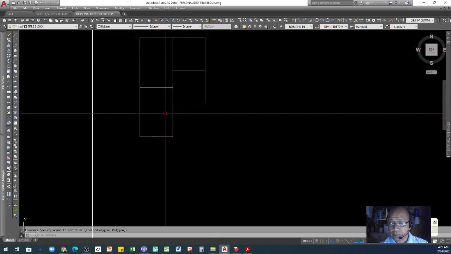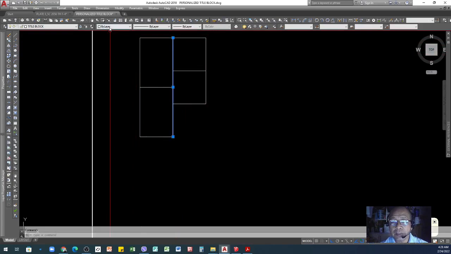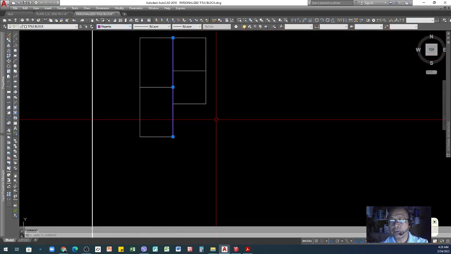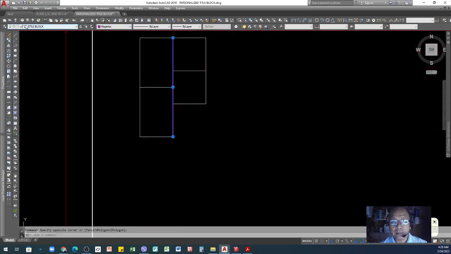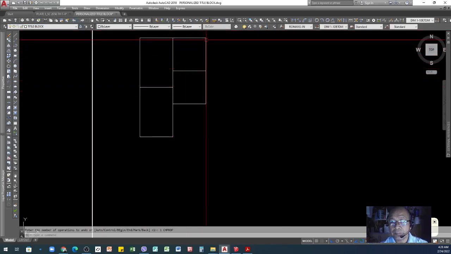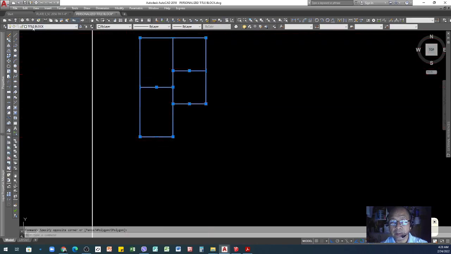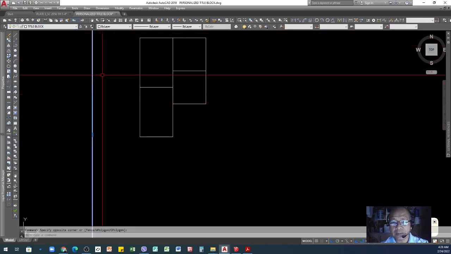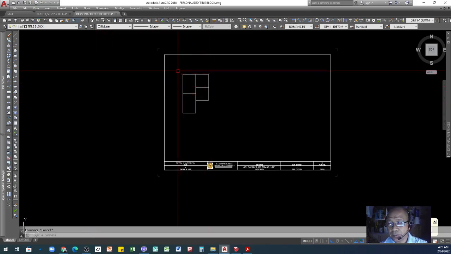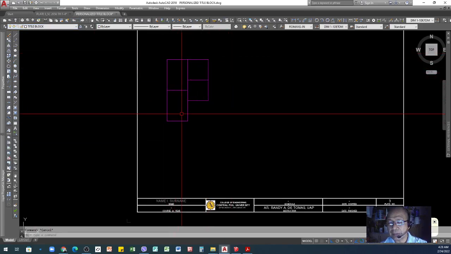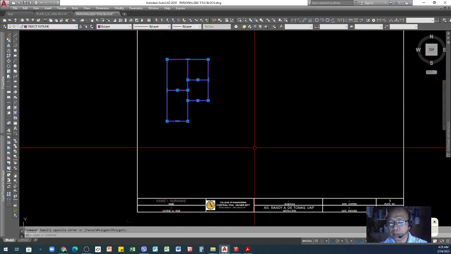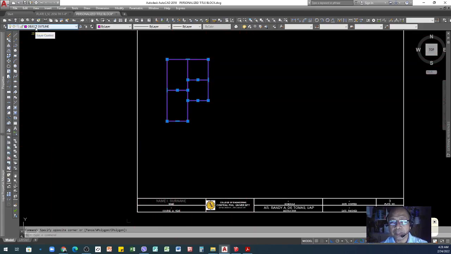So take note, instead of clicking this one and then changing it to this color, the problem is the layer is not the correct one. So instead I will undo that to put it back to white. All of these objects are under title block, which is this one, right? So instead you highlight this one, go to the layer, and then click this one. Automatically all your lines will become magenta. And if you click this now, you see it's under object outline.